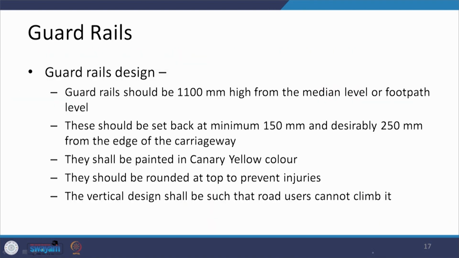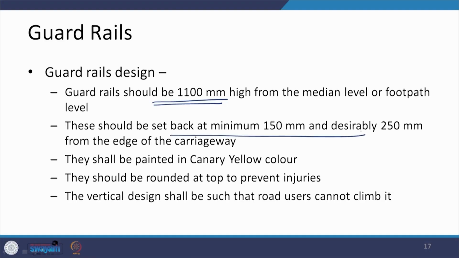Now, when we are talking about all of these guardrails, what should be the design? That is what we are trying to look at here. The very first thing is the height of these guardrails, and these are 1100 mm above the surface of the median or above the surface of the footpath on which it is being provided. The other thing is where it is going to be located, on either a median or a footpath, and it says a setback of minimum 150 mm and desirably 250 mm from the edge of